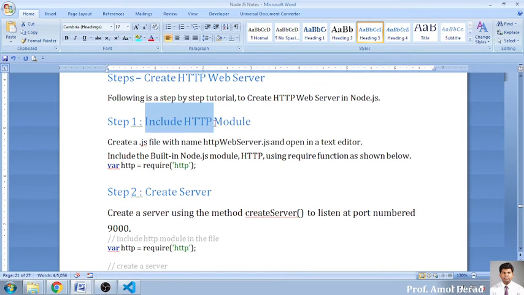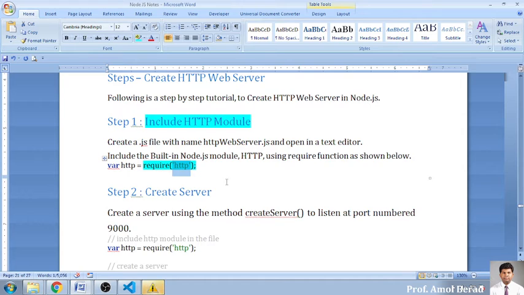The first step is that you have to include the HTTP module. First thing is that you have to import the HTTP module because you are working with the HTTP server. For the file system, you imported the FS module. For HTTP, whenever you want to create a server, you have to use require HTTP. So you have to use the HTTP module for your HTTP server creation. Is it clear to you? The first line of your code should be require HTTP. Is it clear to everybody? Yes or no? Yes, yes sir.